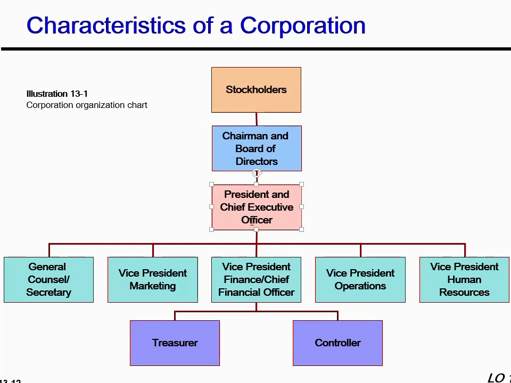President and chief executive officers, they monitor different departments, presidents or vice presidents, like general counsel or secretary, or you can say marketing vice president, finance vice president, operations, human resource. As many departments as the corporation has, their presidents or vice presidents are going to report to the CEO and the president of the company. Some companies have presidents, some companies have CEOs, and then CEO is going to report to the board of directors, and board of directors are going to report to the shareholders.